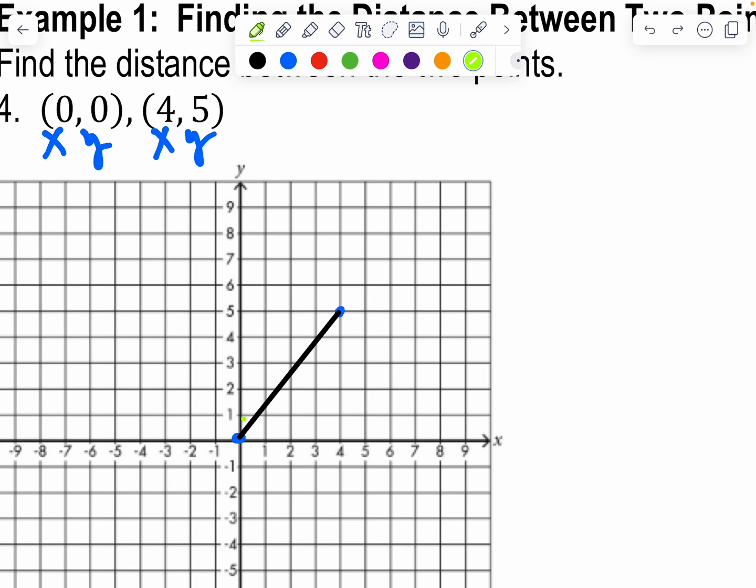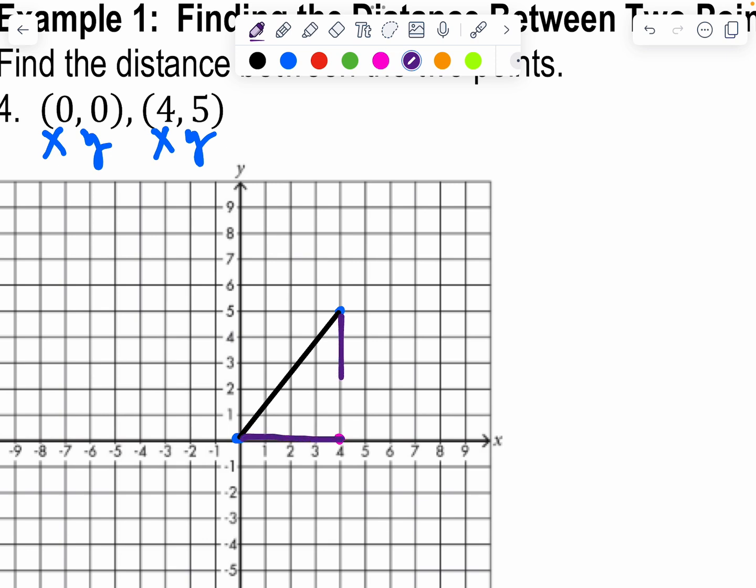It's only covering part of the box. So we have to create a right triangle from here. We have to go on the same line as both points for our next plot, which I could go there and create a right triangle